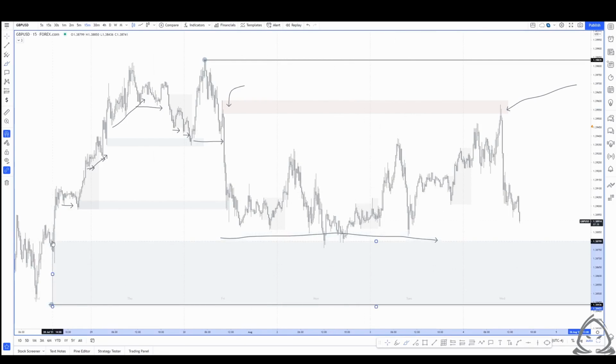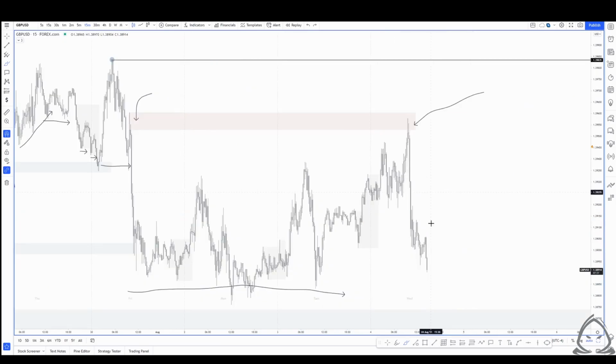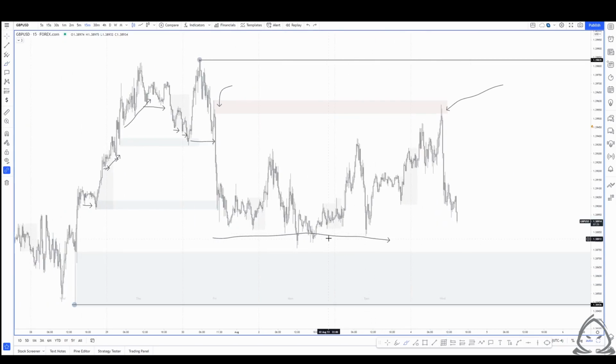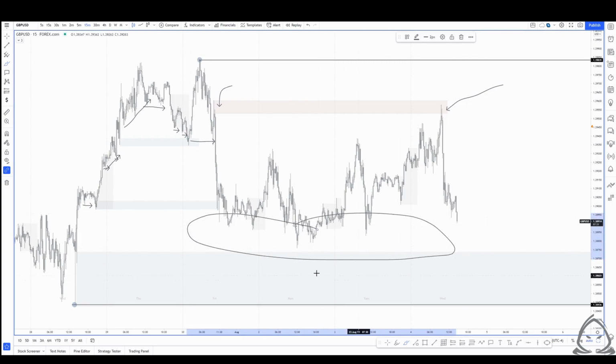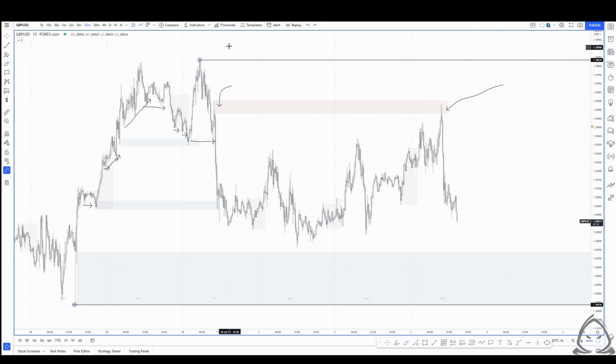If we were to refine our zone on a 15-minute, we could look at something like this. And if we look at that, we can see that we haven't actually tapped into this zone. So what this would end up being is inducement or a build up of liquidity for the sole purpose of grabbing the orders that rest below, the sell side liquidity that rests below, to tap into demand and then continue moving to the upside